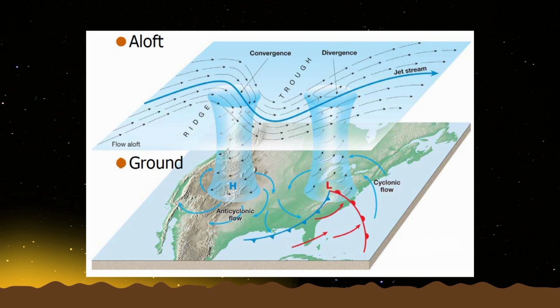As the air spreads apart, it creates a void or a space. If a void is created, the air from below rises to fill it up. The more the air fills up the void that was created, the formation of clouds is possible. That's why divergence happens in the low pressure systems, and there is a great possibility that clouds will be formed and rain will happen.